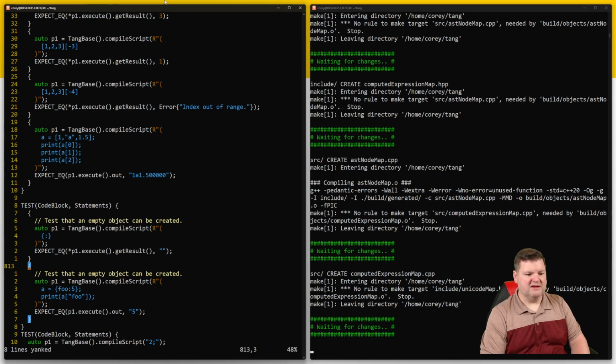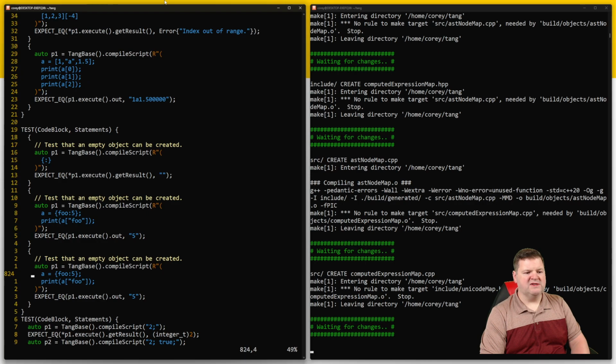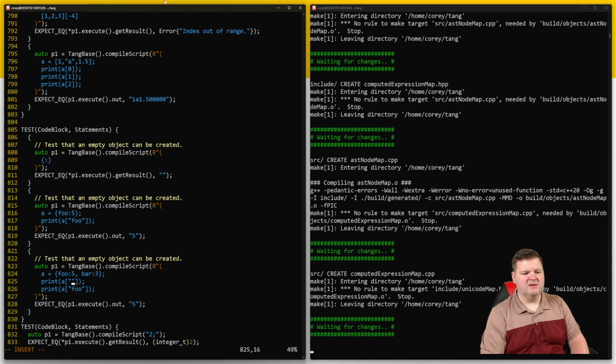And if I say foo is equal to 5 and bar is equal to 3, and then print a sub bar, a sub foo, I want it to print out 35. And this is not that, and this is